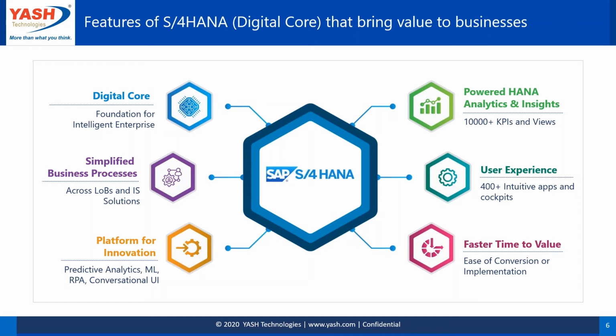And also, of course, it's a platform for innovation, like I was mentioning earlier. You start your first step, have your ERP going to S4, but then the S4 HANA also lays a foundation. It also has some inbuilt predictive analytics and machine learning apps and RPA and conversational UI. But you can also add more to it or connect to your other SAP systems or even non-SAP systems on a platform like Azure, where it works on a hybrid model as well.